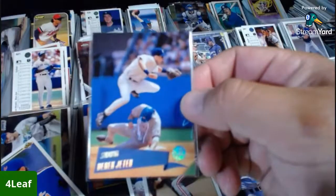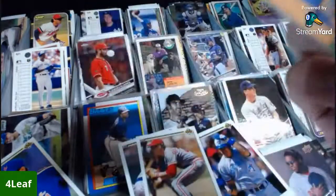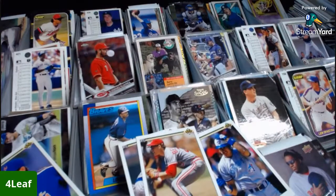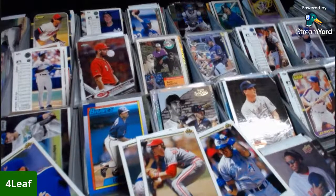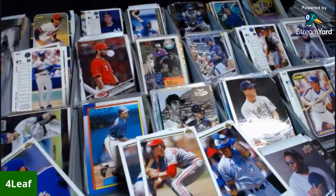Derek Jeter getting into the Hall this week. We were very close to going to that ceremony, but the schedule got messed up, and Little Leaf and I just couldn't go. We ended up going to do some work, my work. Here's Ozzie Smith at the plate. We went on a different field trip for work. We were pretty close to going to the induction ceremony, but he had soccer practice, and we weren't. Induction ceremony, I think it was like 1:30, and there's what, 5 guys, because you had Walker and Jeter and